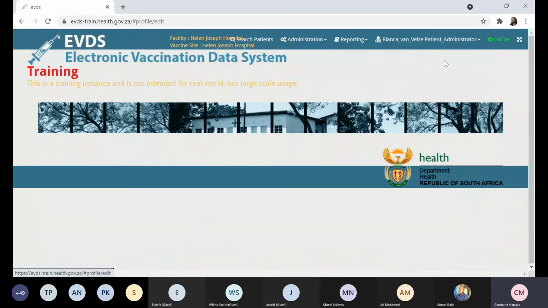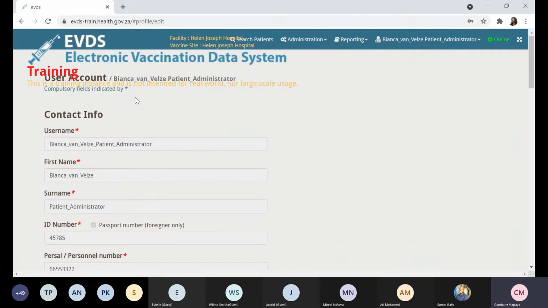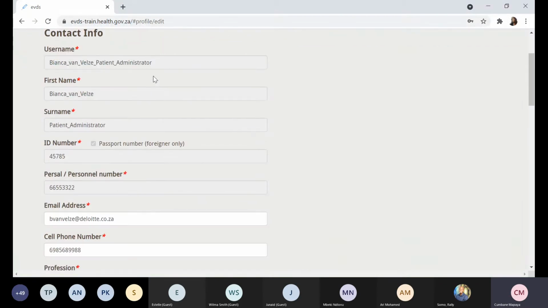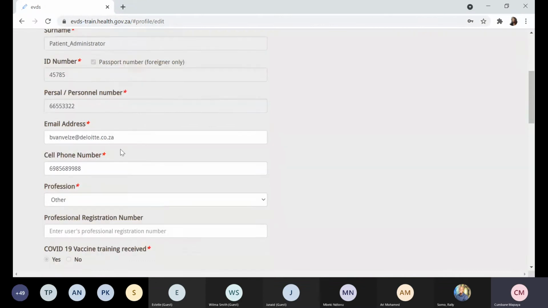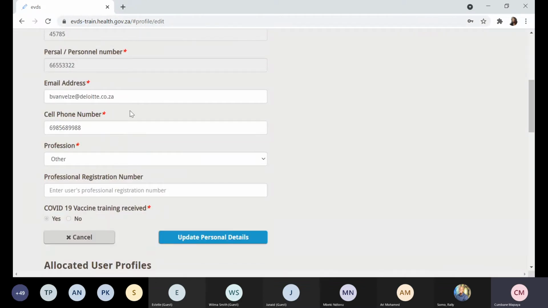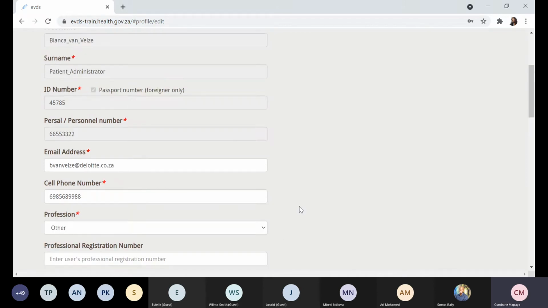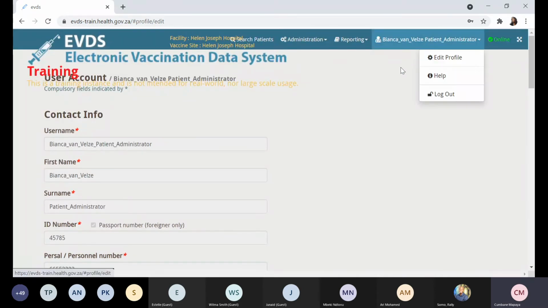This will take you to your profile as a patient administrator. You check if all the information that was captured is still correct: your names, as well as your surnames, your role, and your ID. If you want to make edits, you can just edit and click on update personal details here. And again, if you click on this help button, it will take you straight to our